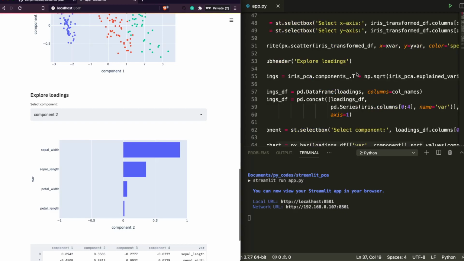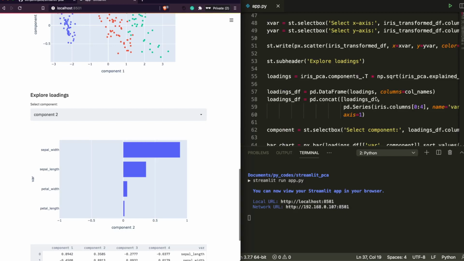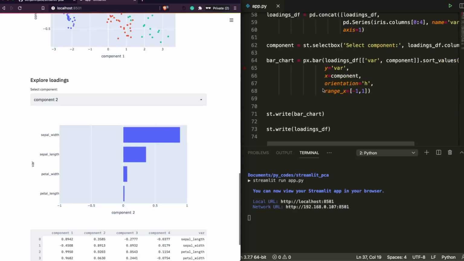I would again encourage you to look at the math or concept behind it. This is not a video to explain PCA. Our focus is building a web application faster, quicker, with fewer lines of code. Once you have that, it's a new data frame, and you show the data frame, and you have a drop down that helps you select which components you want, and then from that you simply show a bar chart. The way you showed a scatter plot, now you're going to show a bar chart, with a very similar API.